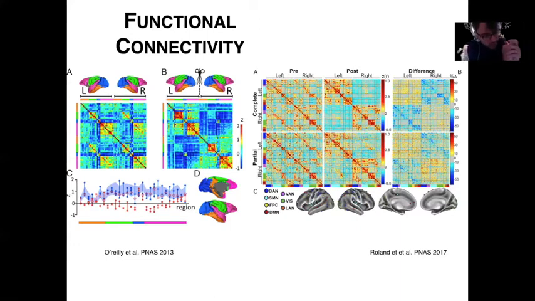After the surgery, what we can see is that the left hemisphere is still very well connected with itself, but very badly connected with the right hemisphere, as we should expect. And the right hemisphere is still very well connected with itself. That's really good, and it demonstrates that it works in monkeys. And we had to wait 4 years to have the opportunity to measure the same thing in humans.